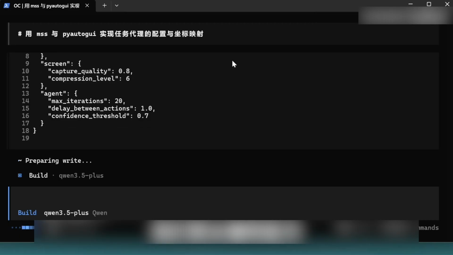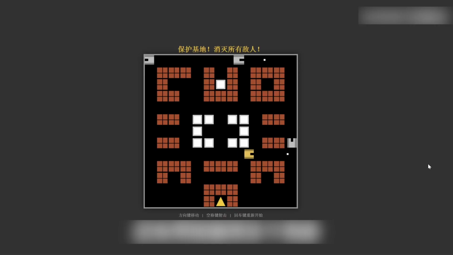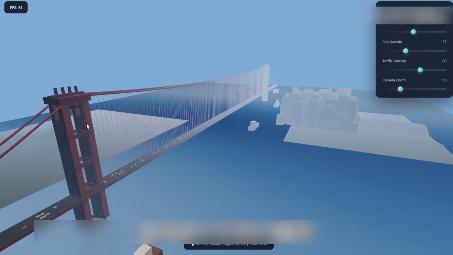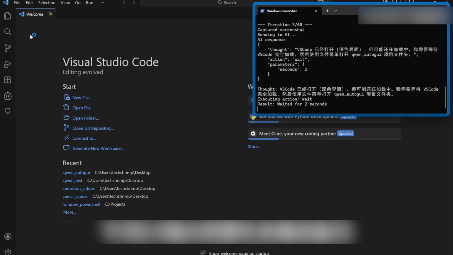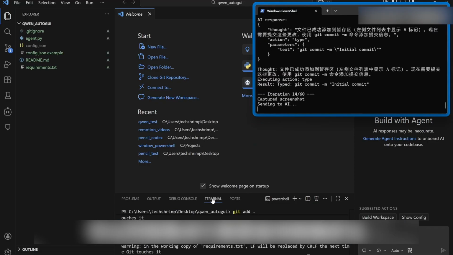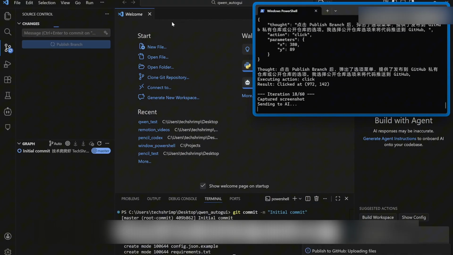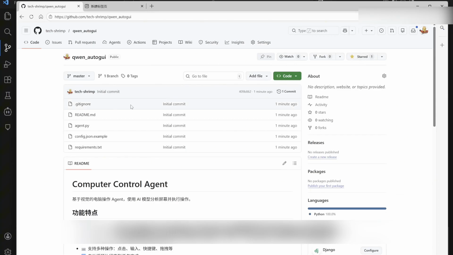In this video, we will test the Qwen 3.5 model in multiple scenarios, starting with programming ability, visual agent ability, video understanding, and graph reasoning. Qwen 3.5 has powerful native multimodal capabilities. It can accurately position elements in an image at the pixel level, and act as a brain for a visual agent that operates autonomously, working across mobile phones and computers to complete multi-step complex tasks.